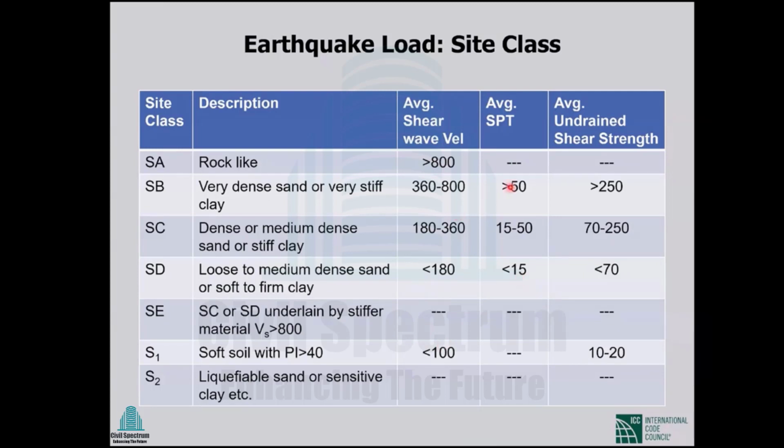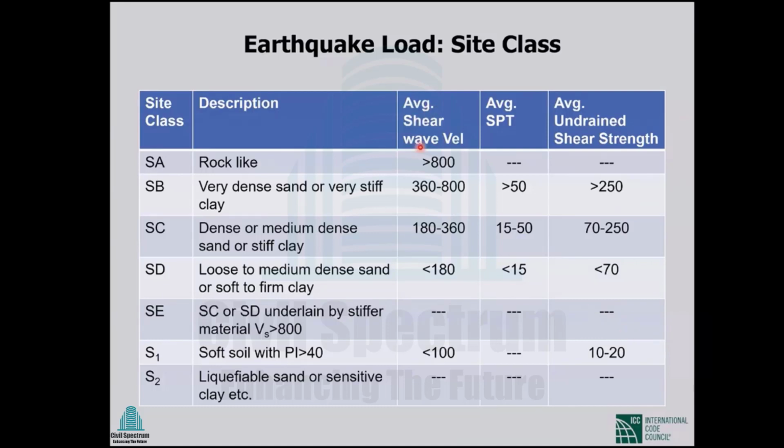For example, to have SPT values, we have to do SPT, standard penetration test. But to have shear velocity, we can use a cone penetration test or PS logging test. There are other different methods of testing that we can employ to determine shear velocity. Or from the laboratory tests, we can determine undrained shear strength and classify the soil. So that's it.